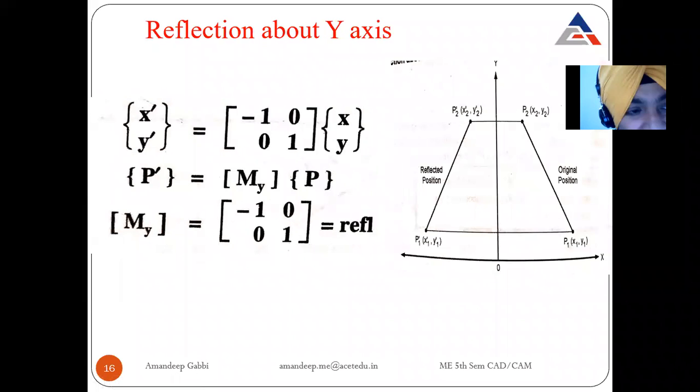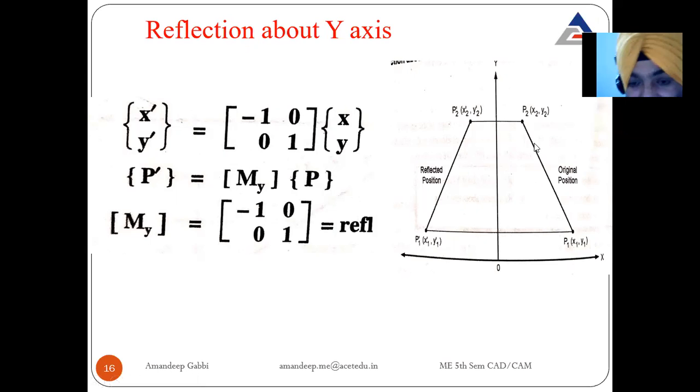Now similarly, as we have done a reflection about x axis, we are to do reflection about y axis. Initially I have told you that there are five reflections, so we have to cover all these five reflections. So this is the y-axis, 0, y. Initially, just suppose the line is this, with points x1, x2, y1, y2.